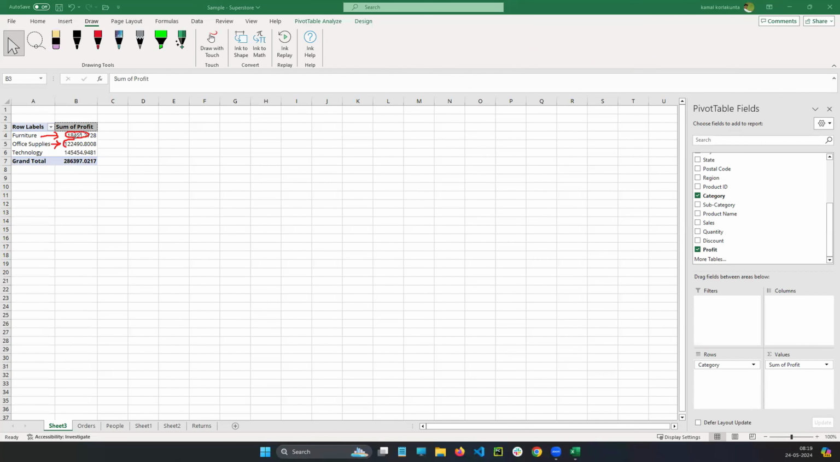Okay, so see guys, technology. How much profit are we getting? 1,45,454 profit we are getting now. So in technology, what products are there? Just use the plus button here. If I click on the plus button, under technology: accessories, copiers, machines, and mobile phones, and each product, how